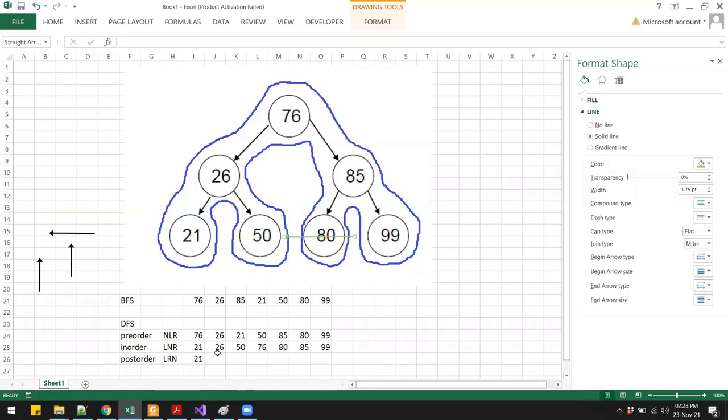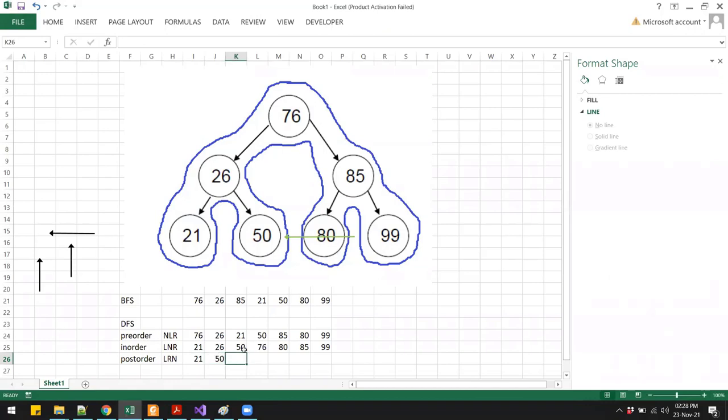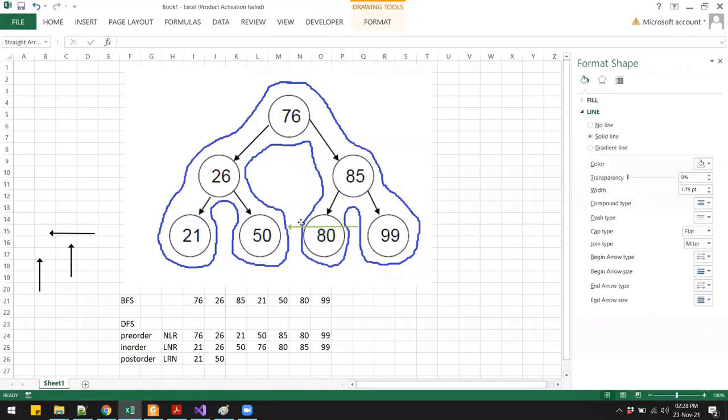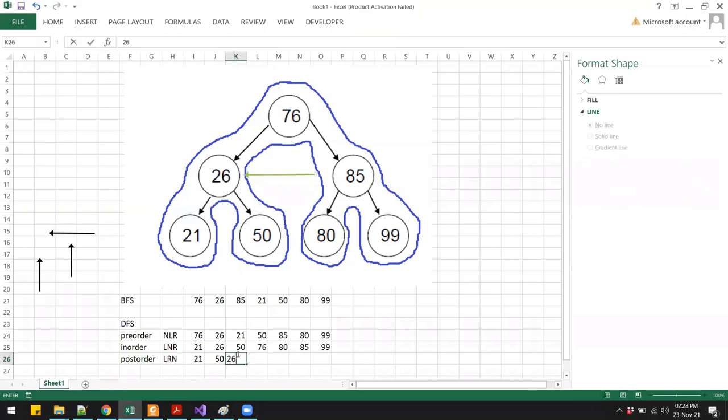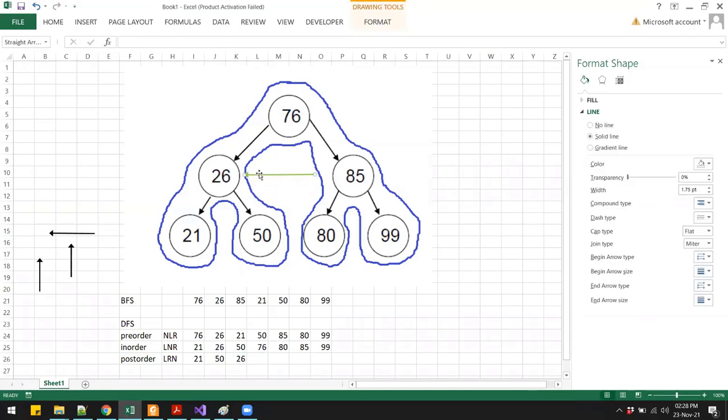Then keep on going. Then we have 50. Again, keep on going. Then we have 26. Keep on going.